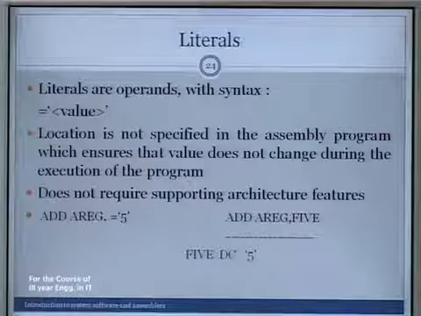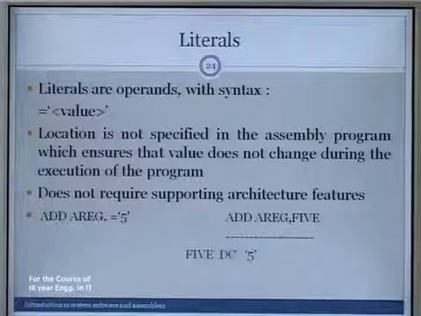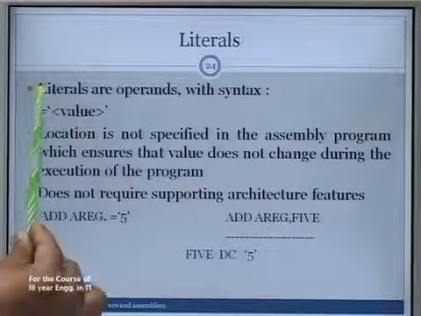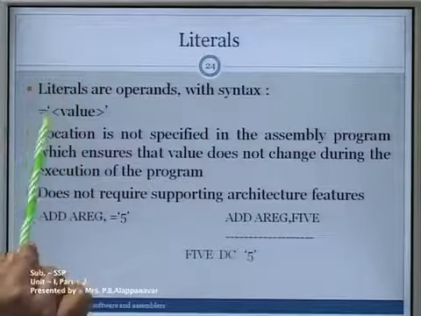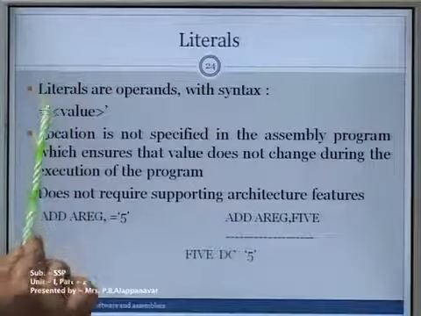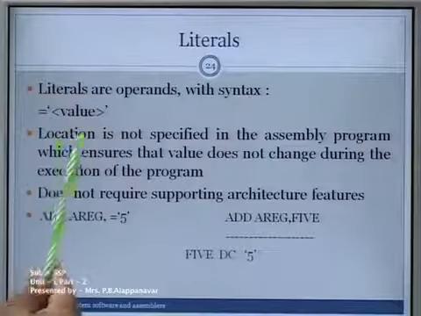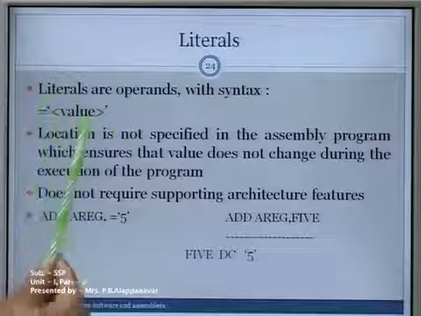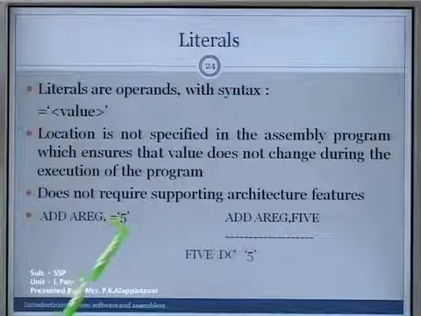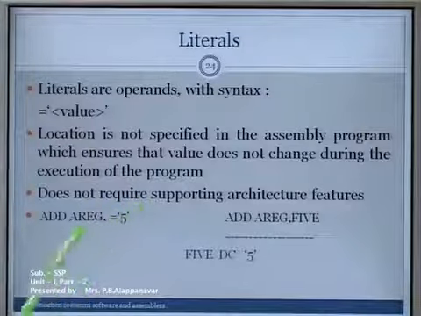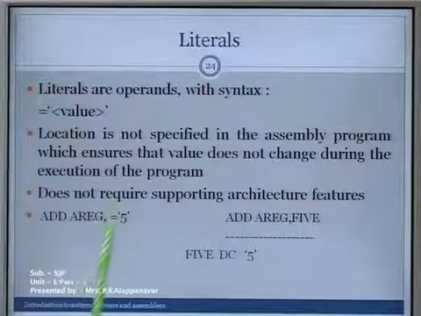The other way, the way that we are going to study, of having constants in our program is with the help of literals. When you are going to use literals, the syntax is an equal sign and the value put in single quotes. Here is how we are going to make this a constant. Now if you look at this symbol, this happens to be a literal. This is the syntax: equal sign and 5. So this particular literal happens to be a constant.